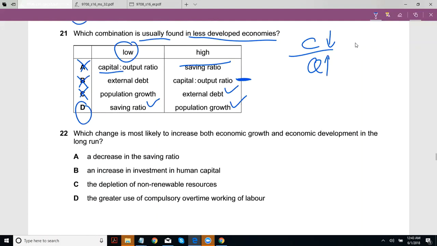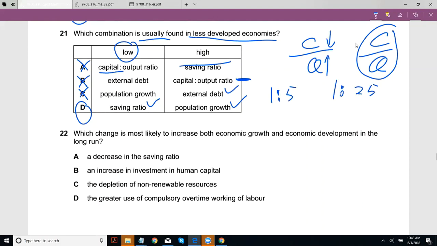No, so the capital to output ratio is something like this: capital to output. So they're talking about this fraction. So let's say that's something like this. So 1:5 is low, 1:25, well, that would be high. So basically, the idea with a low ratio is that for